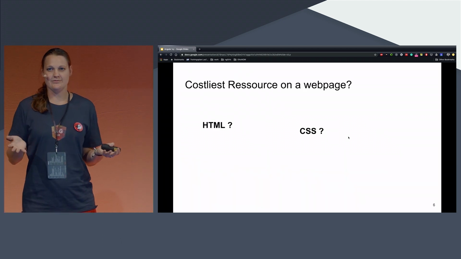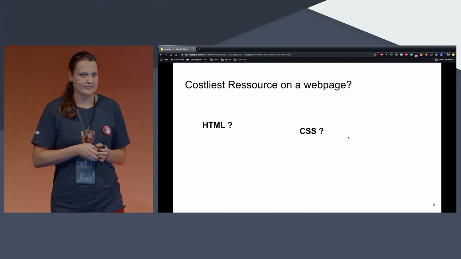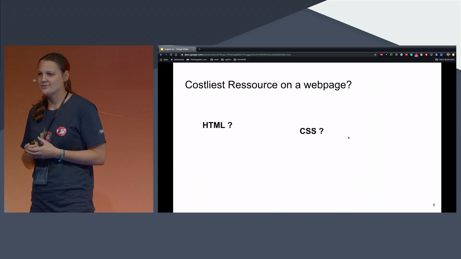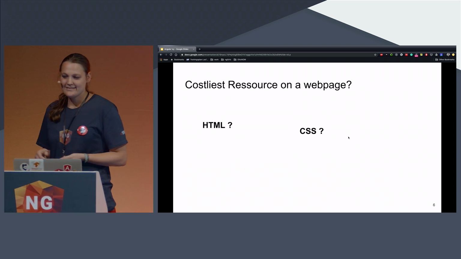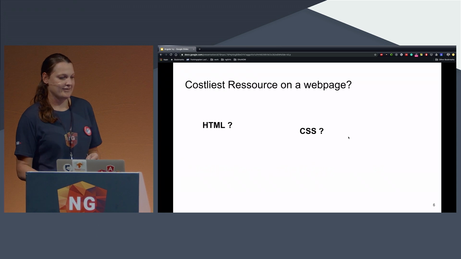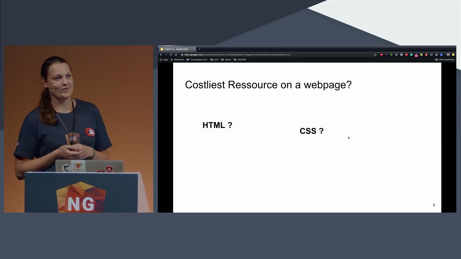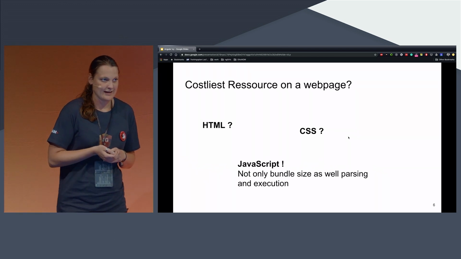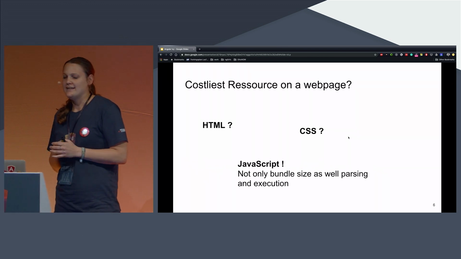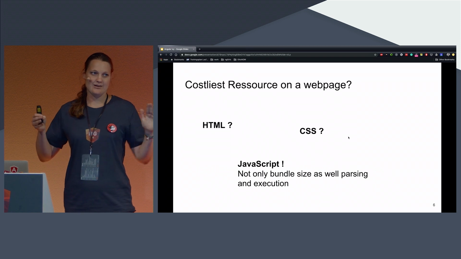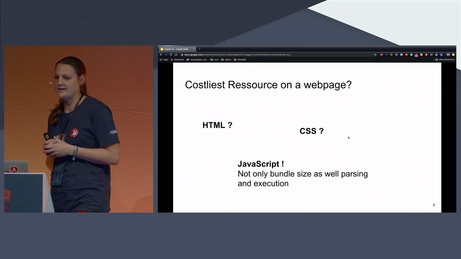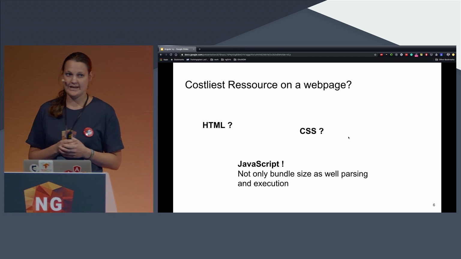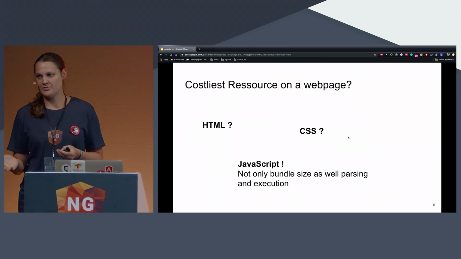So why do we need a new rendering engine? What is the costliest resource on a web page? You might think HTML, you might think CSS, but as we know, we have so many single-page applications. Of course, it's JavaScript. Back in the days with the template engine and View Engine, it was megabytes of JavaScript code that we actually had to ship to the web browsers.